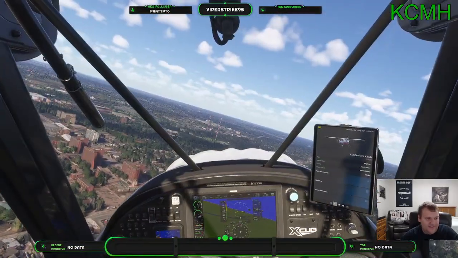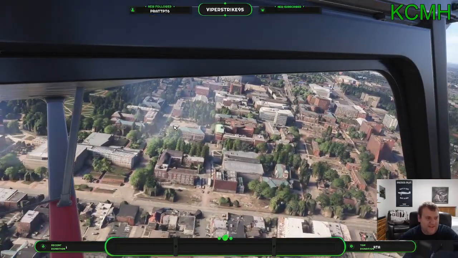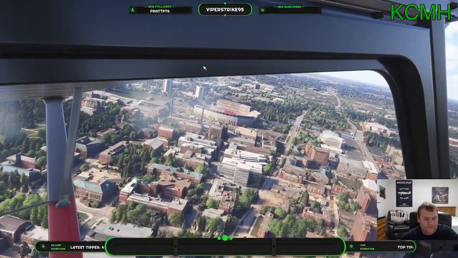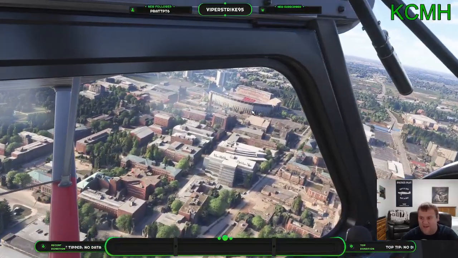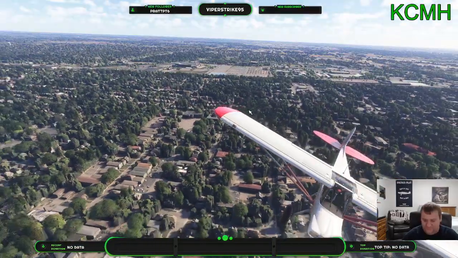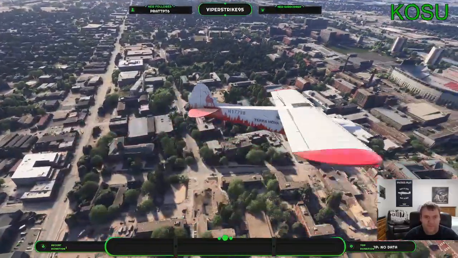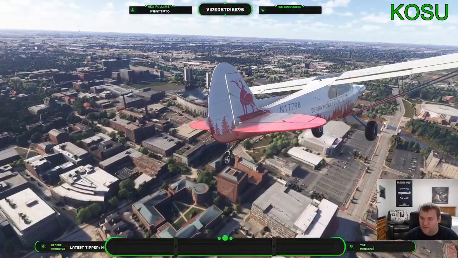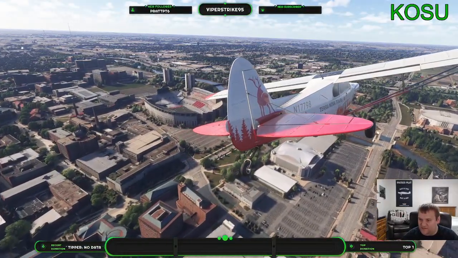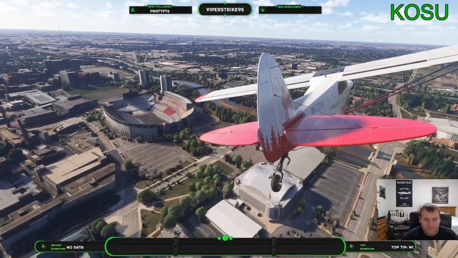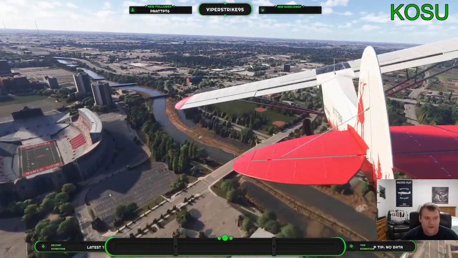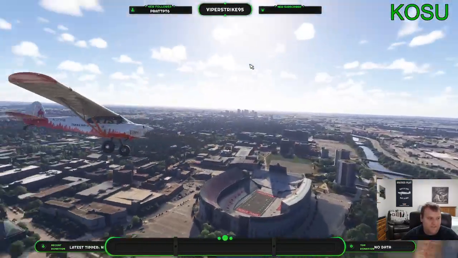So here, guys, if you look to our left, here it is, Ohio State University, campus of the Ohio State University. And there is Ohio Stadium right here. So this is Ohio State University, of course. Next to the stadium is the Morrill Tower. St. John Arena is